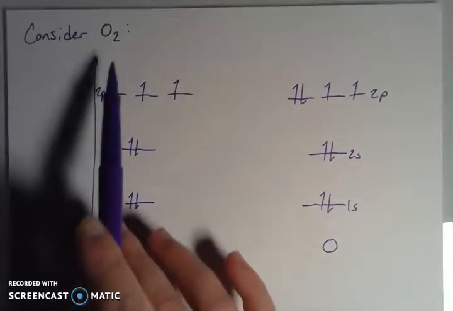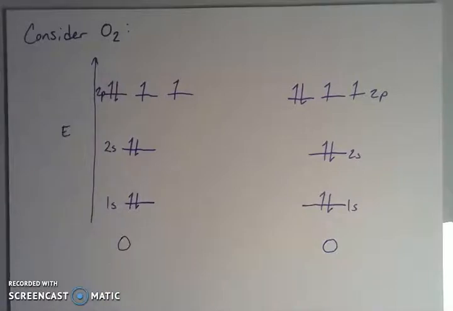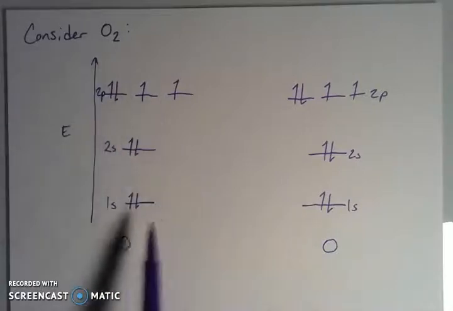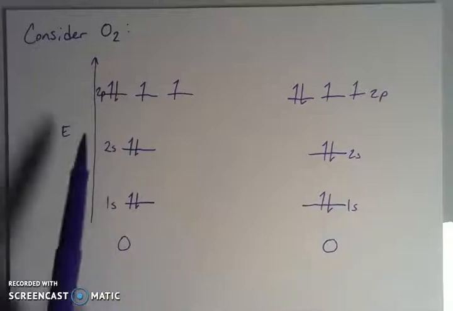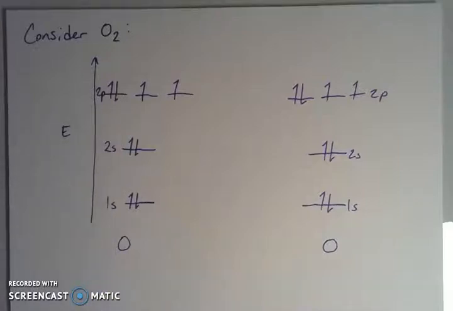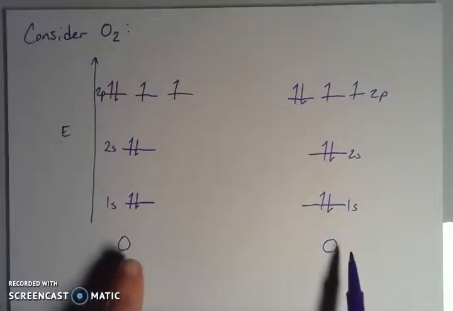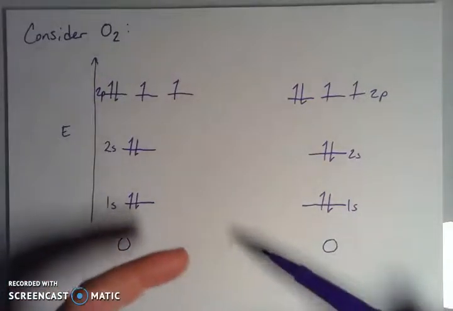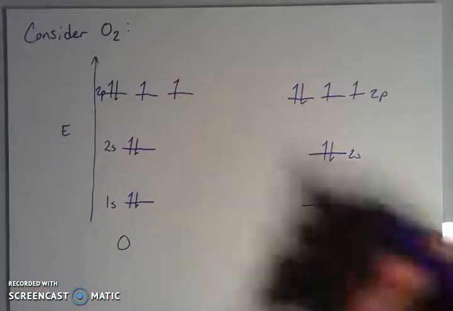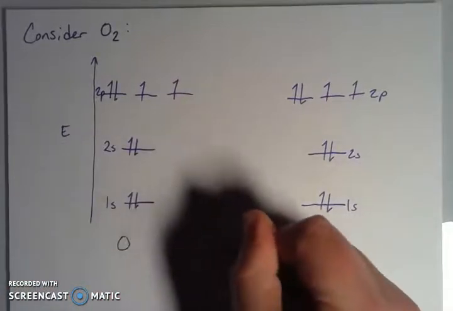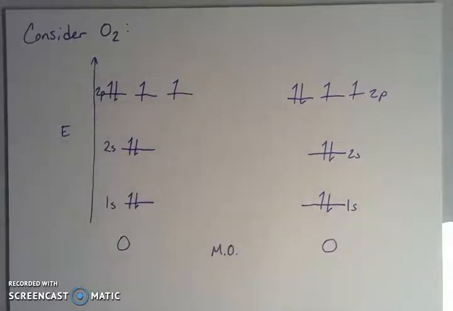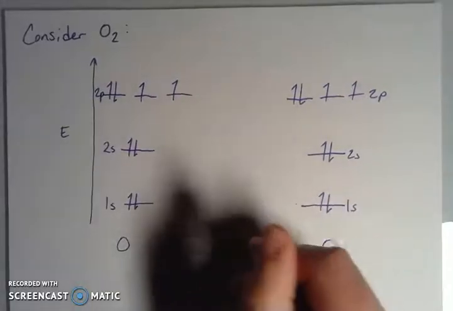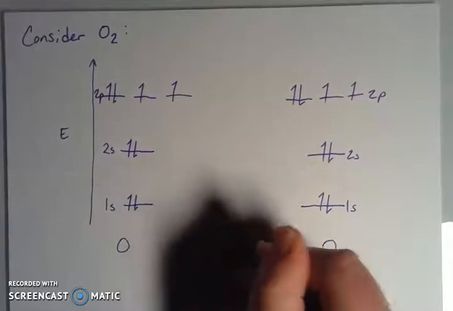So let's think about O2. Oxygen's electron configuration is 1s2, 2s2, 2p4. That accounts for all 8 electrons on a neutral atom of oxygen. If I have 2 of these and I'm putting them together, then when those orbitals interact with each other, I'll think about the molecular orbitals that are forming. For the s orbitals, I'll have one that is in alignment with the bond axis,